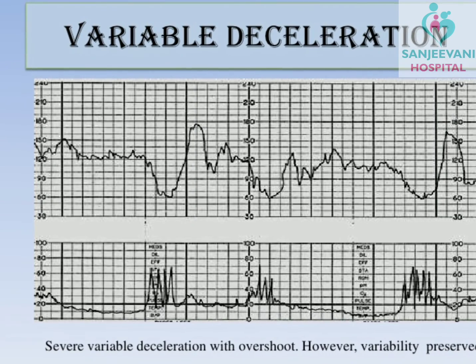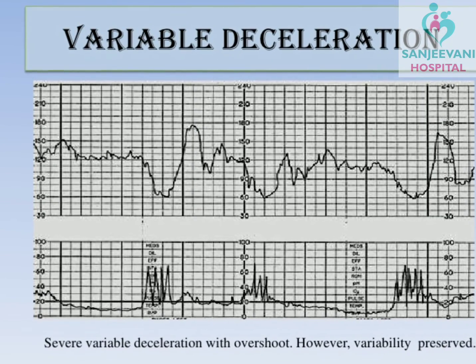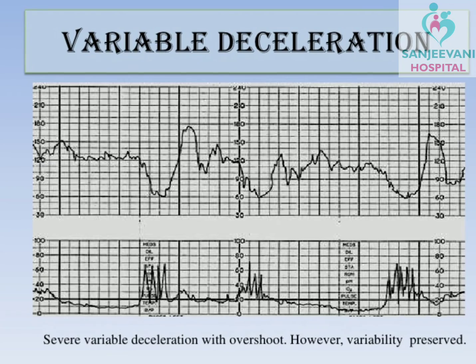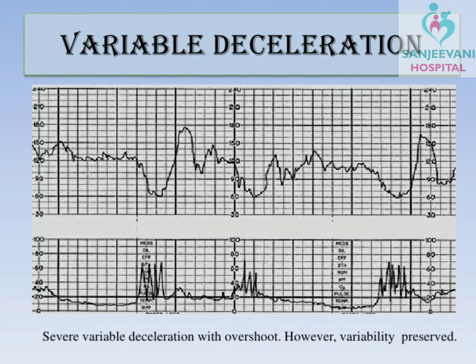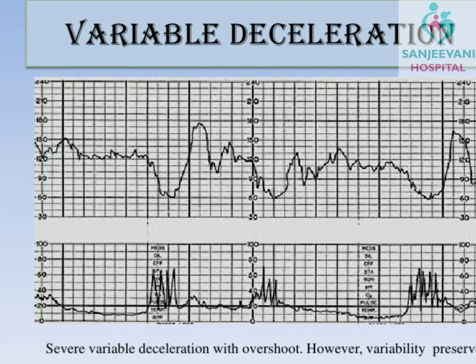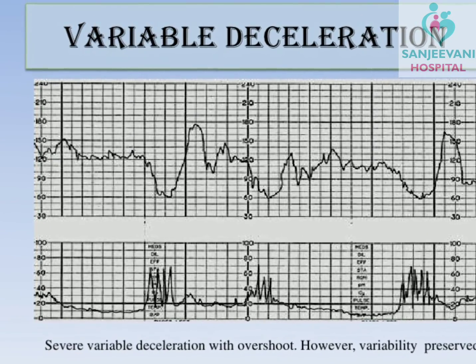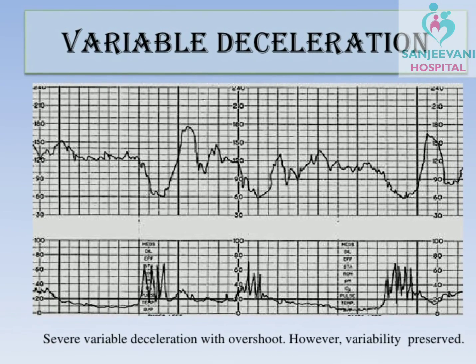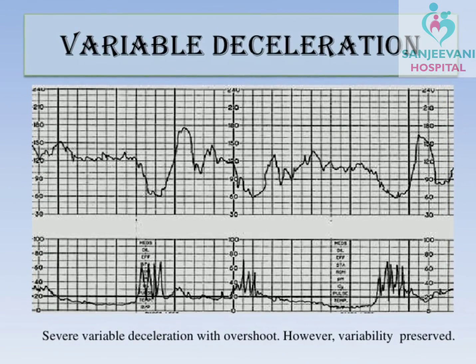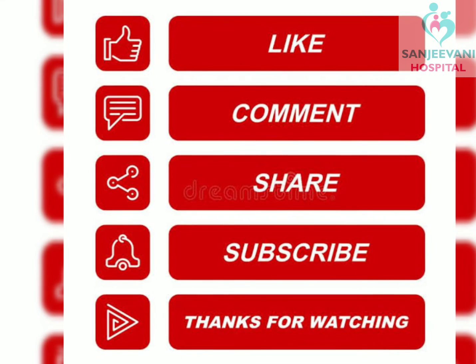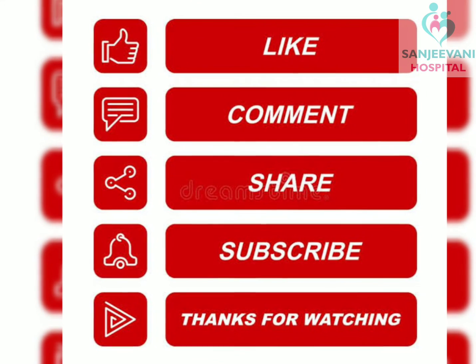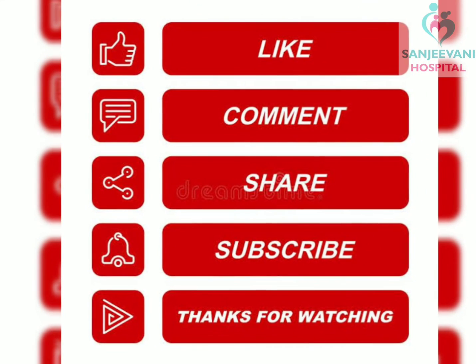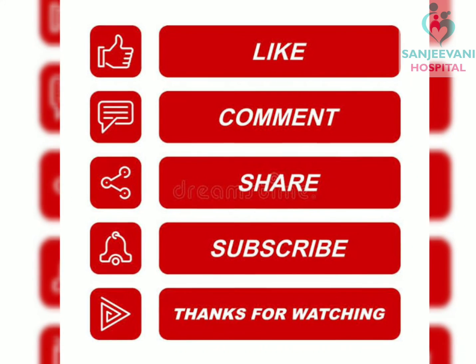Whenever there are contractions, if we see decelerations on this heart rate tracing or monitoring, it means that the umbilical cord is being compressed and blood flow towards the baby is reduced, which is causing hypoxia to the baby, which might cause brain damage to the baby. So at that time we have to deliver the baby by C-section immediately.